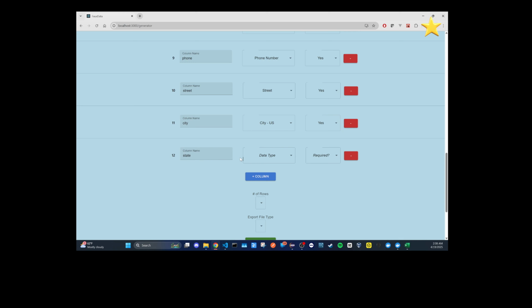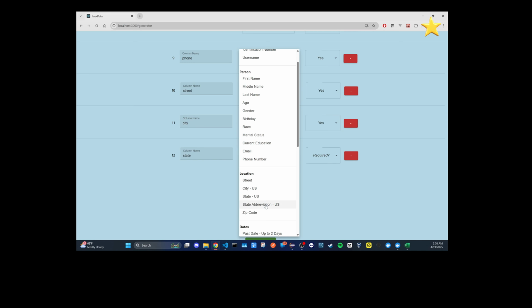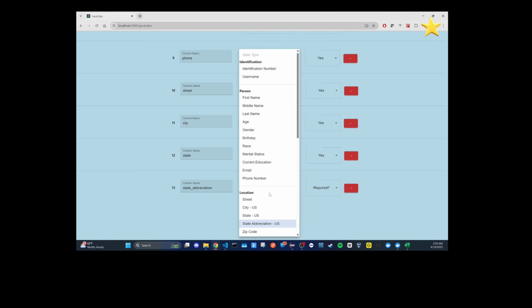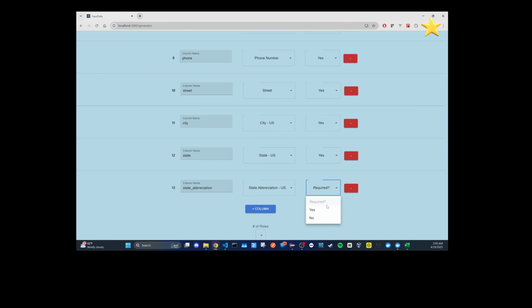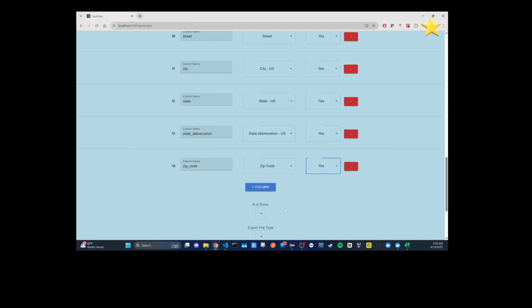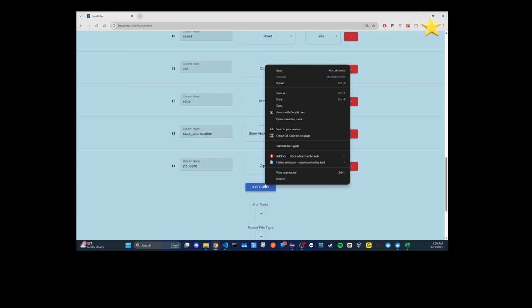State. Let's also include state abbreviation. Oops, this should be just regular state. This one should be state abbreviation. We want to keep track of the zip code. We also want to keep track of,